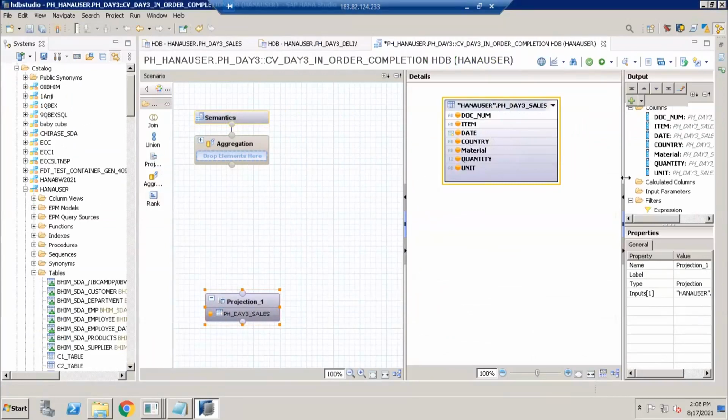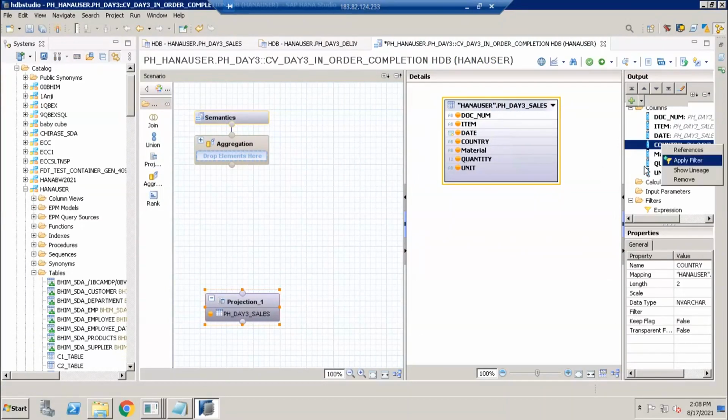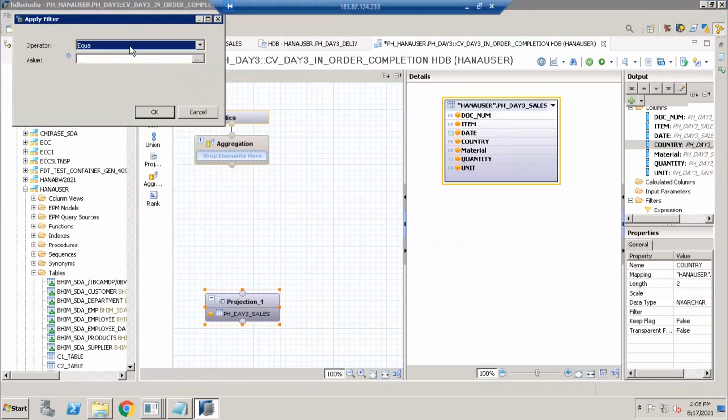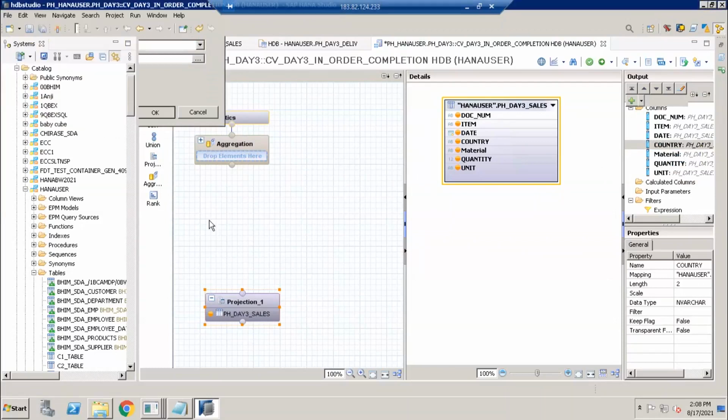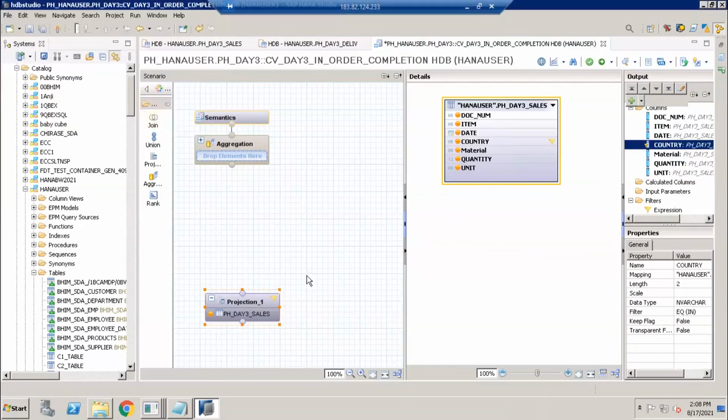So how can I apply the filter? Right click on the country, apply filter. And here I want my operator equal to, and here I am mentioning IN. It means that even if I have other data, it will fetch only the India country data into my CV. This is how I can apply a filter on the projection node.